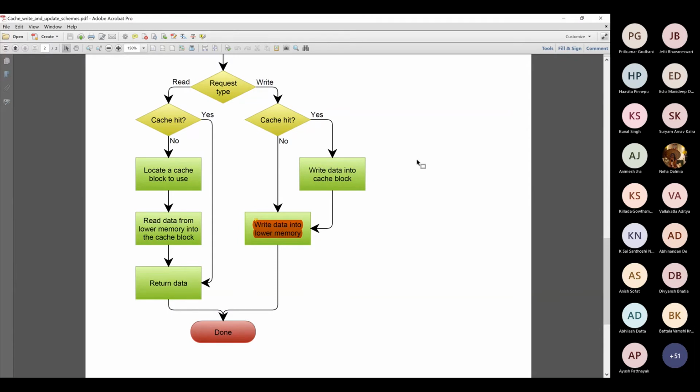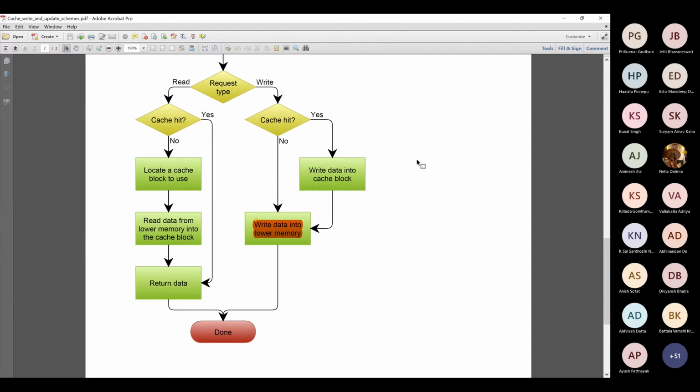Here, you look in the cache. I want to write some data in the cache block. Is the block corresponding to the one where I want to write the data in memory? Is it there in the cache? If it is yes, I update the cache block and I immediately update it into memory. That is not very efficient, but this is philosophically satisfying that okay, it is performing what it is supposed to do. It is synchronizing the cache with the memory.